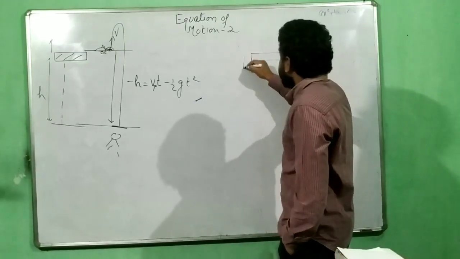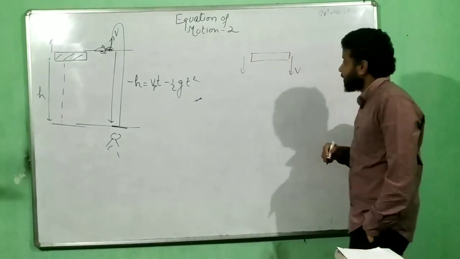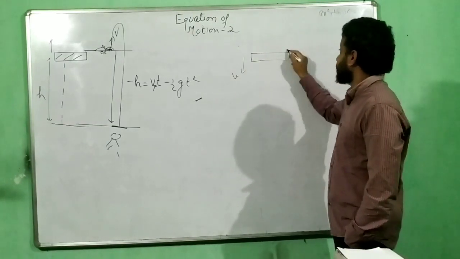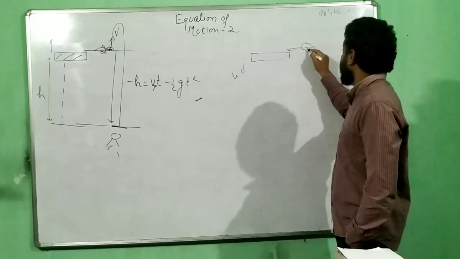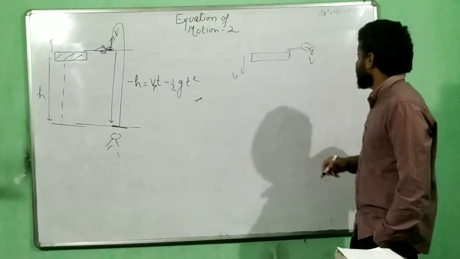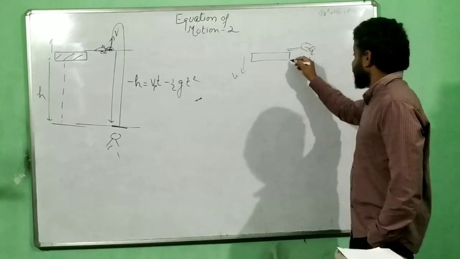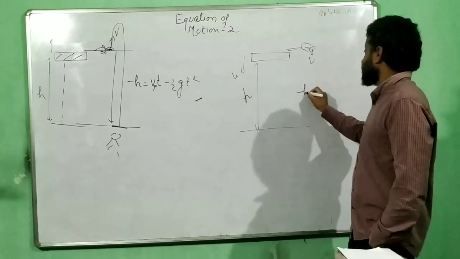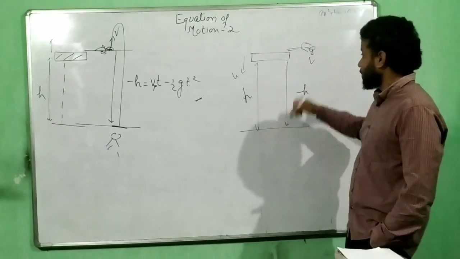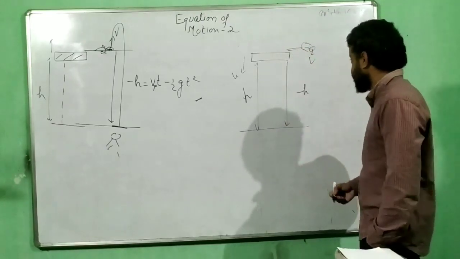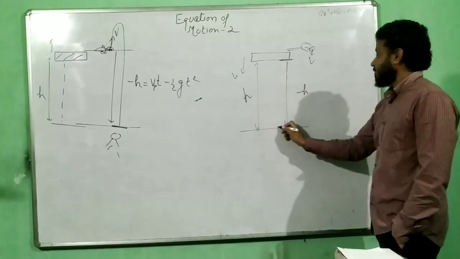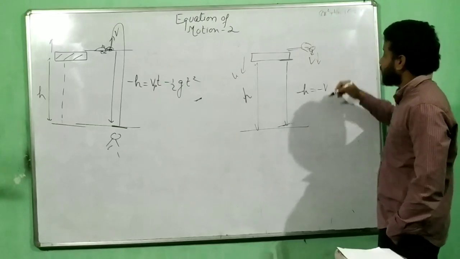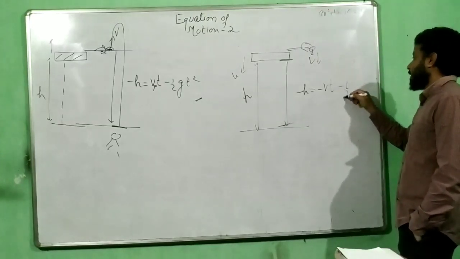If the platform is moving down like this, and let us say I want to drop an object over here, so I just took out my hand again over here and then I dropped the object over here as v. So initial velocity here again, if this is happening at a height of h, so this is minus h because it is going to displace from up to down. It means from here to here is downward displacement. This is the initial point, this is the final point. So minus h will be equal to minus vt because the velocity will be in the downward direction. Minus vt minus half g t square.